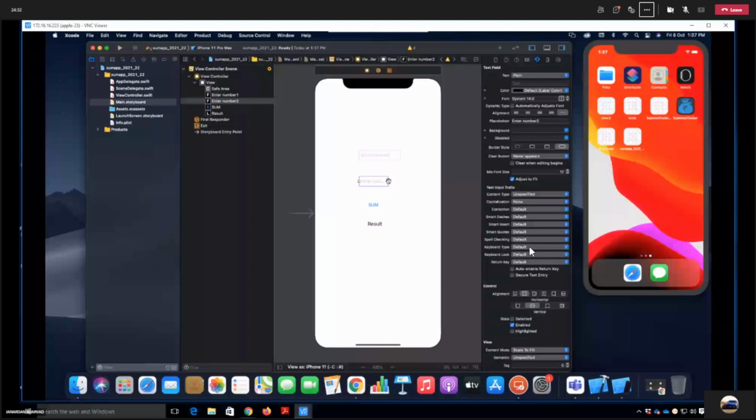Okay, let's run this design and check whether it's working fine or not in our simulator. So I have a simulator, that is iPhone 11 Pro Max.